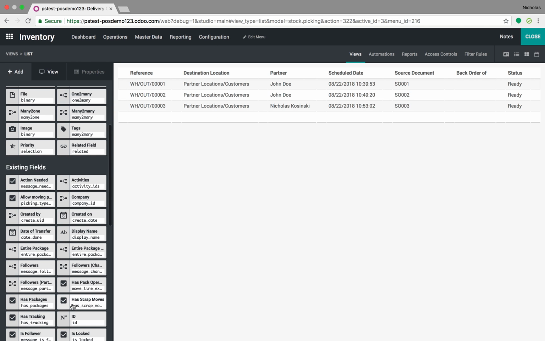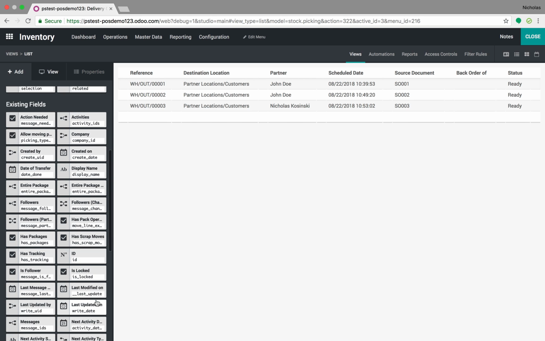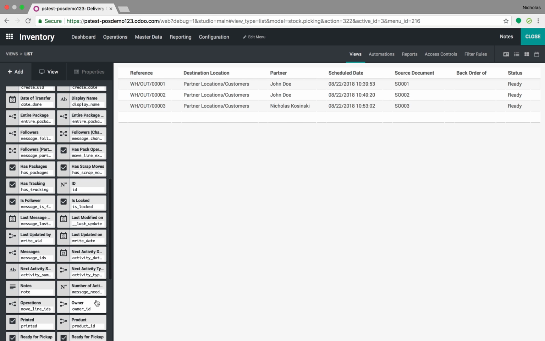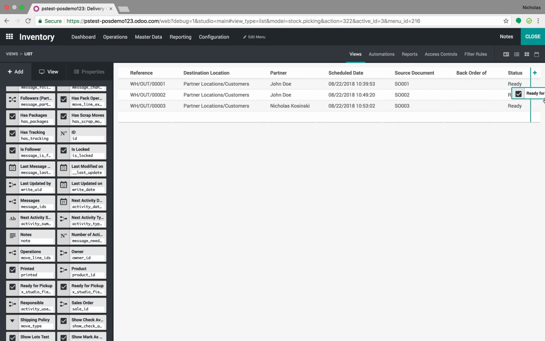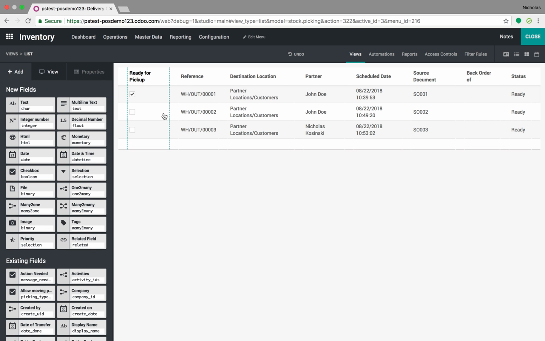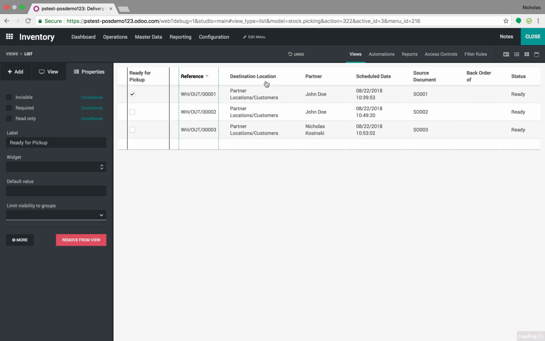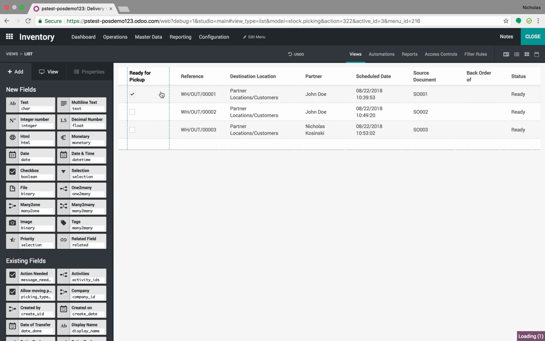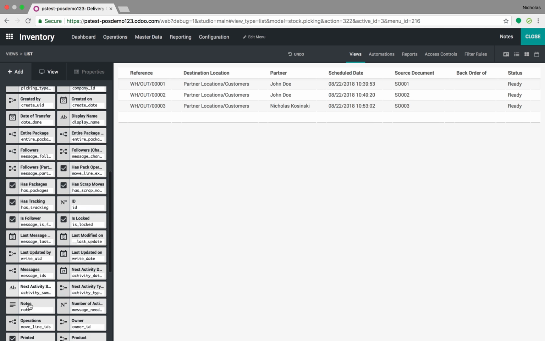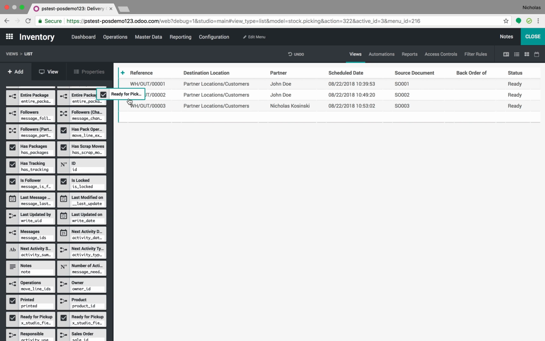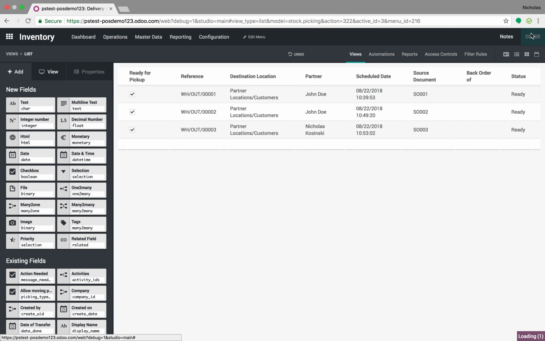Then you can actually take your ready for pickup field. There's this one. And probably just drop it here. It's the wrong one. I created 2 ready for pickup fields, so this field shows them all. So now,